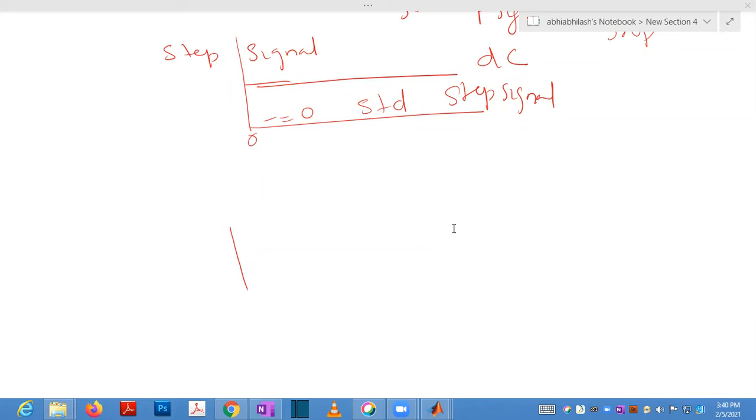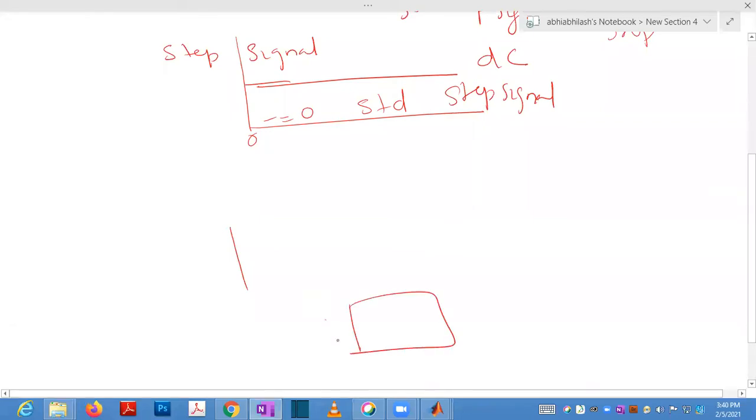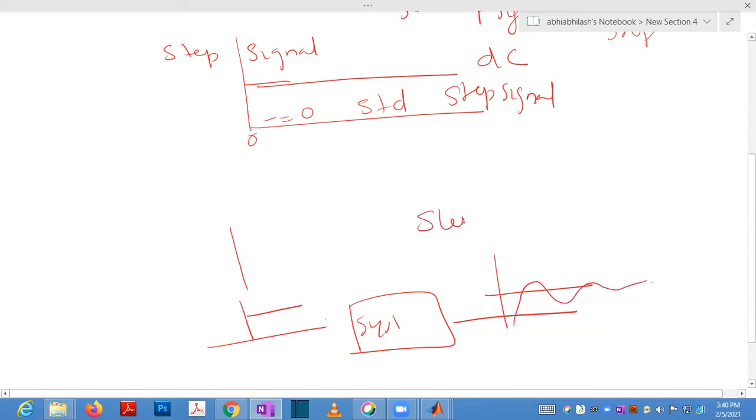So that standard step signal is applied to a system. If you are having a system like this, you are applying a standard step signal, how the output is behaving, that is called step response. So it is in time domain only.